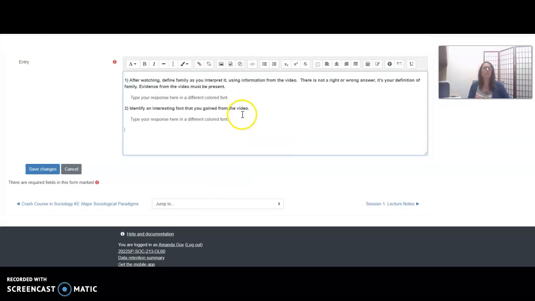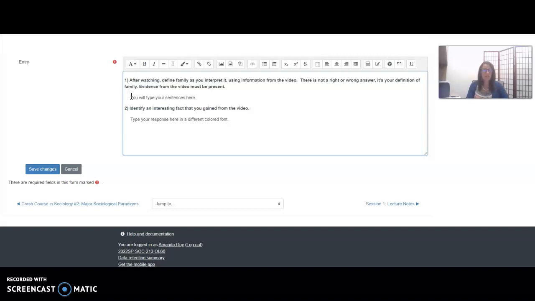All right, notice the directions say that my content that I answer needs to be typed in a different colored font. So this is a trick on your eyes to make sure that you've responded with enough content in order to earn full credit for the journal. So these questions should be answered in paragraph form. I'm not talking massive paragraphs, but 4 to 5 sentences. And so what you can do here is you will type your sentences here.